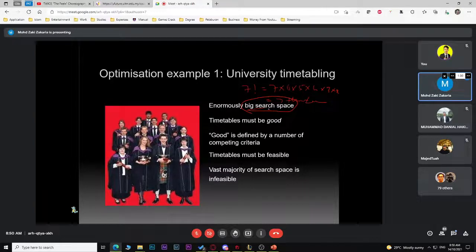So for example, if you have 7 classes or groups, so how many, what we call, for example, if you have 7 groups of 7 classes lah,